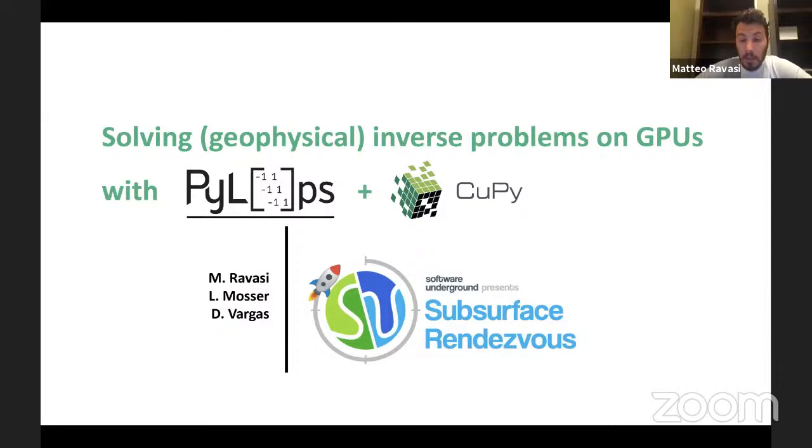More than that, we have people applying or using PyLops for applications in medical imaging and in astrophysics as well, showing that the actual library and the framework is very generic and very general. And you will see some short introduction about the library itself. I will also try to give you a flavor of one of the latest developments that I find quite exciting,